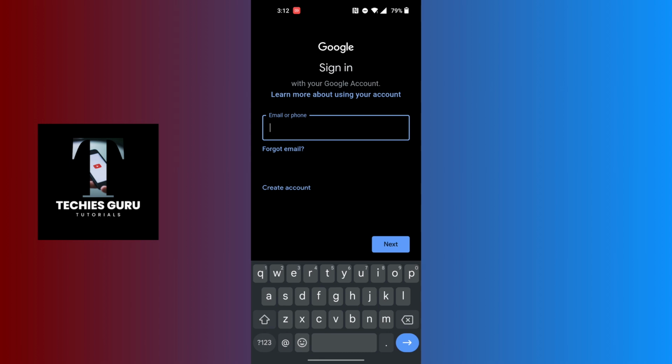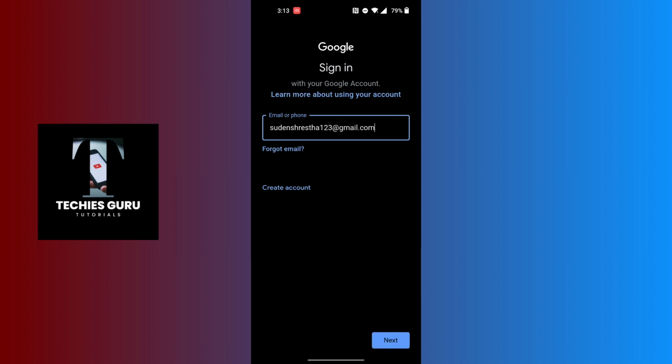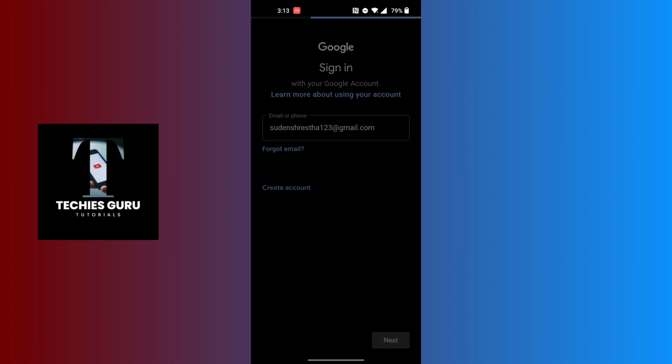Over here, you'll need to enter the email or phone number of your new Gmail account, which you have just created. After entering your email address like this, at the bottom right corner of the screen there's a next button available. Tap on the next button at the bottom right corner of the screen, and you'll land on